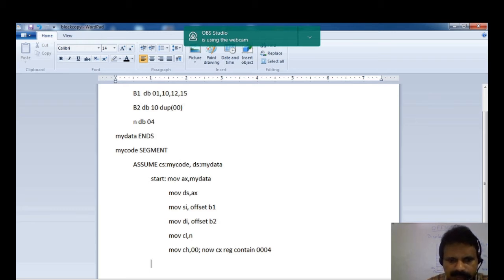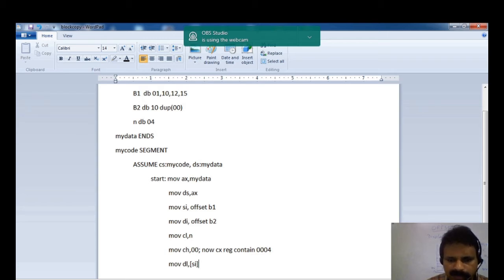Okay, then I have to take the first byte from B1 and put it in block B2. So I am taking the first byte into my DL register: MOV DL, the content of the location pointed to by SI.